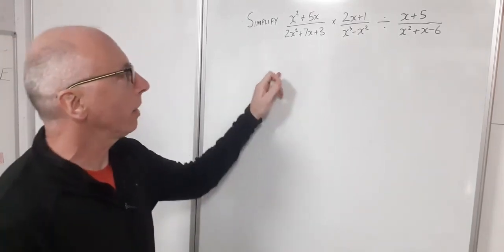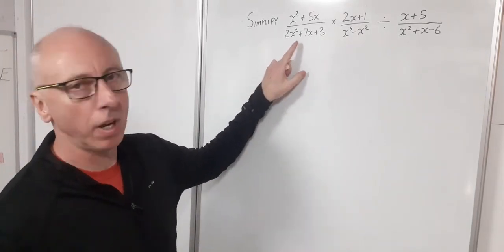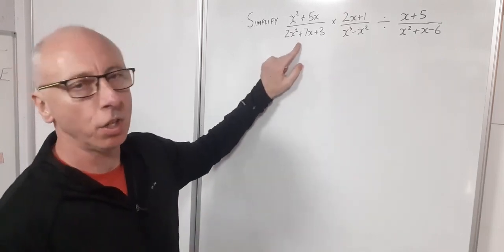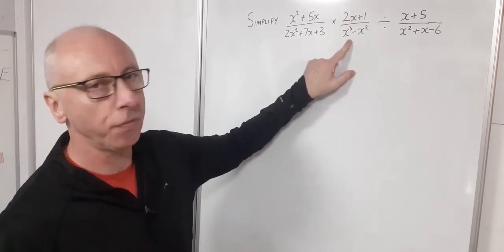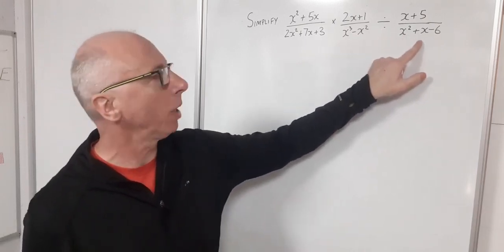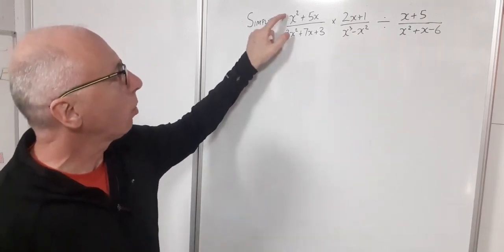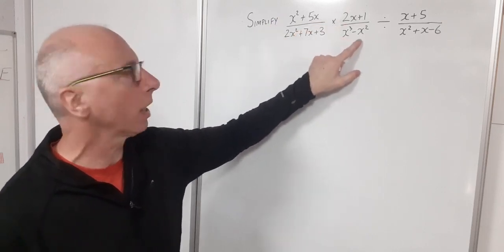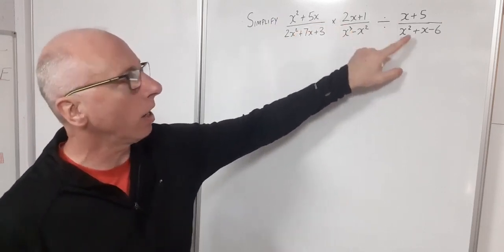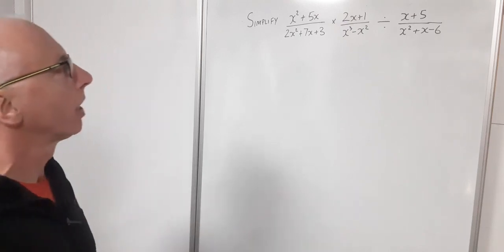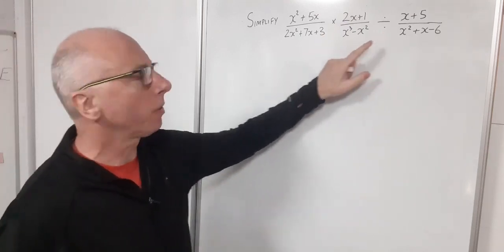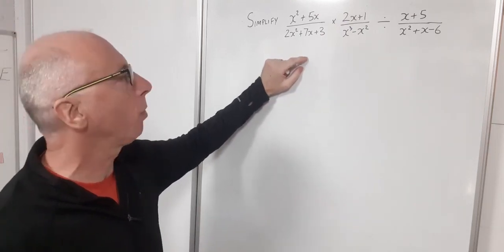So I've got this complicated looking question here. I need to simplify this question where we've got three different terms where I need to multiply together the first two and then divide by this last one. Now I've got quadratic over quadratic first, I've got linear over a cubic here, and here I've got linear over quadratic here. Now I've got times and divide, so with the laws of BIDMAS it doesn't matter which way round